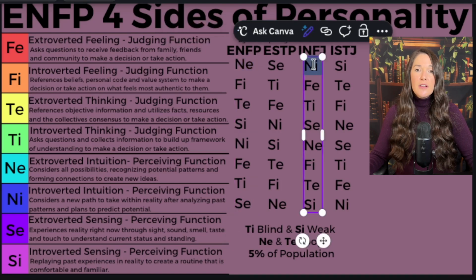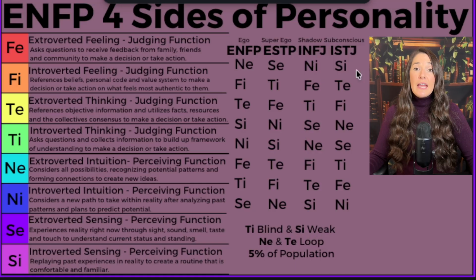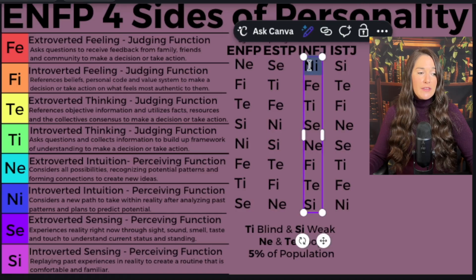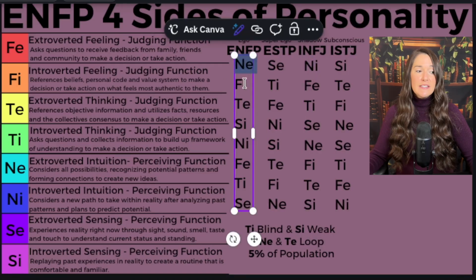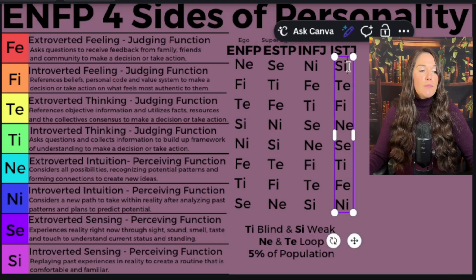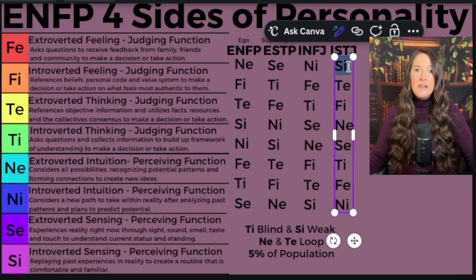And when you're struggling, you're going to take things a little bit slower. You're going to be more methodical overall with your decisions and your actions. And when you do shift back to your ego and everything is going according to your plan that your shadow narrowed down and figured out, and you have all of these ideas, you're super passionate about them, you're actually taking action on all of these ideas, and things are going well, you're in a flow state of sorts, you're going to be more in your ISTJ personality